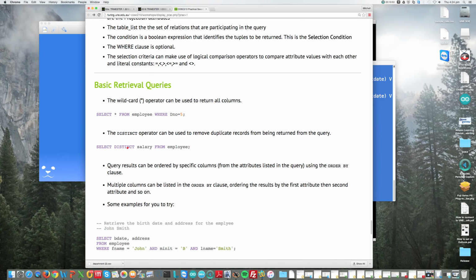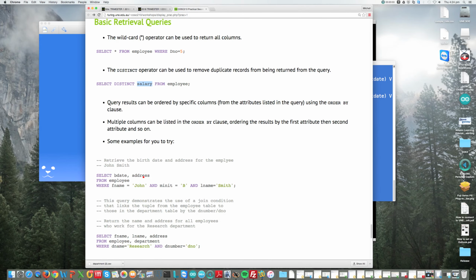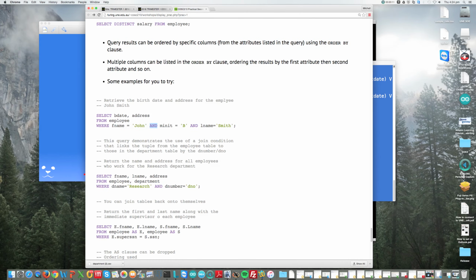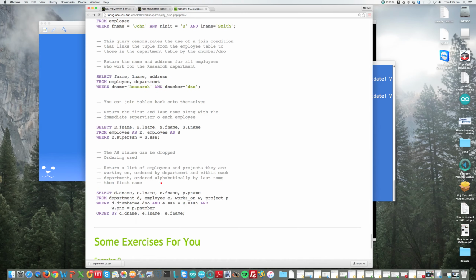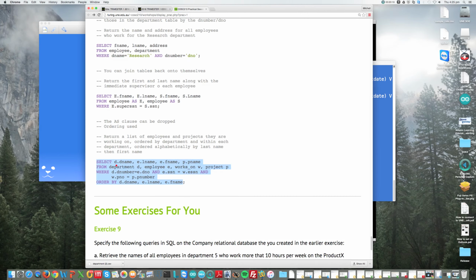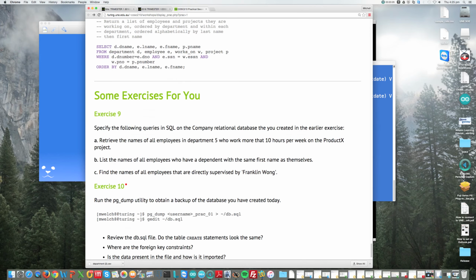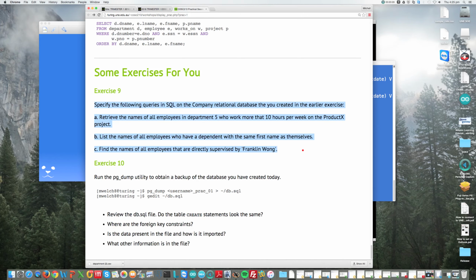If we want to get distinct rows of data, we can use the distinct keyword. This removes duplicate rows of data that might result if we start joining tables together. And we can string those conditions together using our logical AND and OR operators. So run through those SQL select queries there, make sure that you execute them on the company database, and you can take bits of them out and see how they fit together. The final section here looks at some exercises where you'll write some of your own